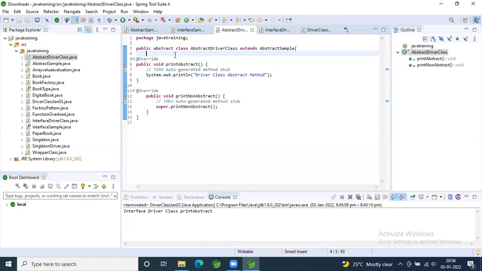Now, we also need to see one more concept, whether an interface can implement another interface. So right now you have an interface, right? Which is interface sample.